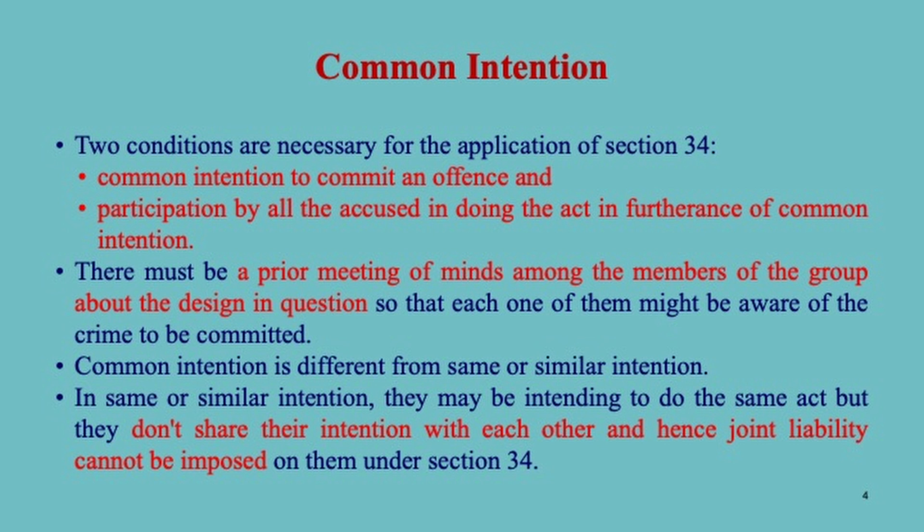Even if A, who had actually committed the act of stabbing D, is absconding and hence could not be apprehended and prosecuted, B and C can be prosecuted and punished for murder under section 302 by applying the joint liability principle contained under section 34. But where it cannot be shown that there was premeditated concert or prior meeting of minds, the liability cannot be imposed by using the rule under section 34.